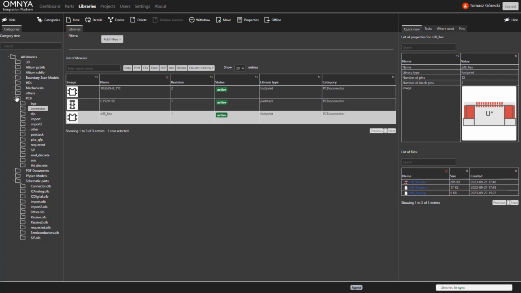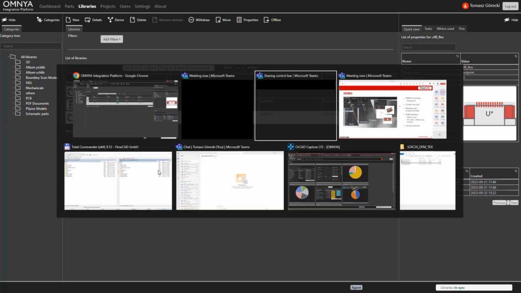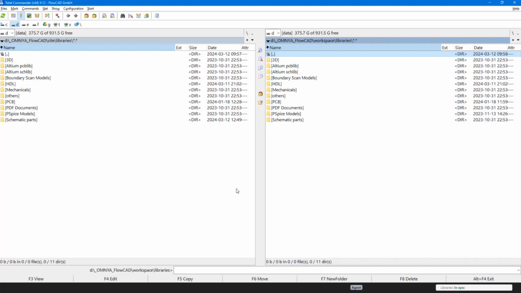The second thing is, let me collapse the structure. This library, whatever it is, is automatically synchronized with your local library, usually on your own disk in your own computer. If I switch here to Total Commander, if you see this on the left, this structure, this is exactly what